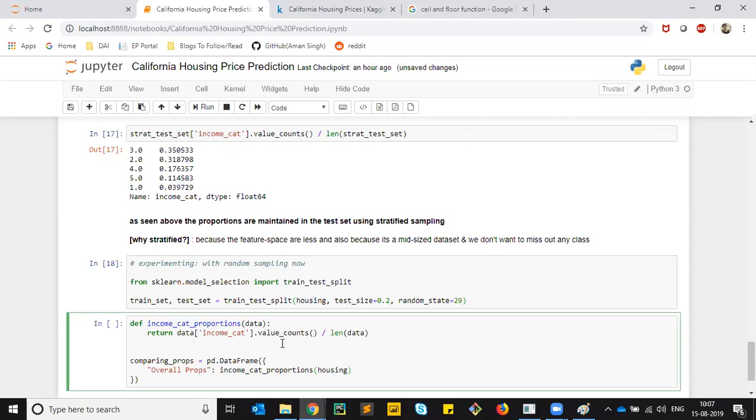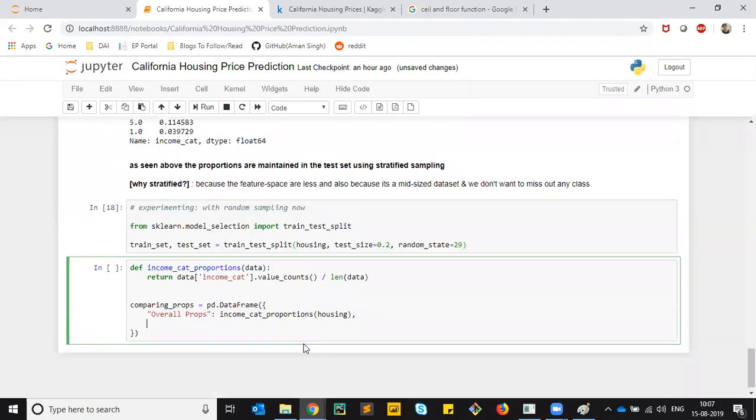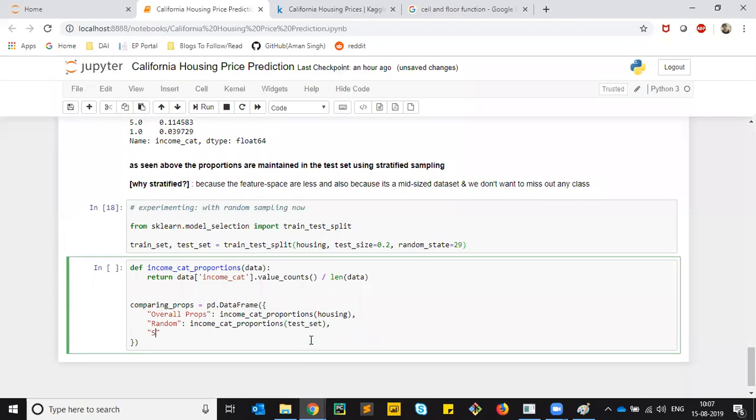So there will be one column with overall proportions, and there'll be one with randomized proportion. I'll just call it random, right? Again, calling in the method, and here I'll pass the test set, right? And then I'll call this one as stratified. And here I'll pass in the strat test set. So yeah,